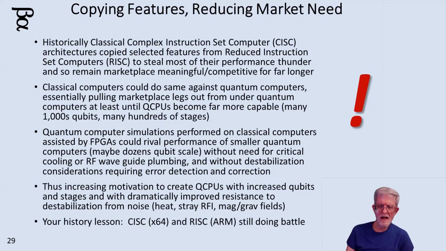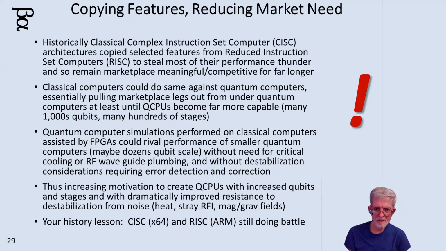And what they would do is assure that every instruction clocks at 1 clock. So you have a uniform performance. It didn't speed up and slow down as it ran. But as the RISC processors started to say, well, this is why it's good to do that, the CISC processor architectures would pick up all the good stuff like more registers, faster caches, things like that, and just add that to the classical computer. So the classical computers started to be marketplace equivalent to RISC computers, and that competition continues